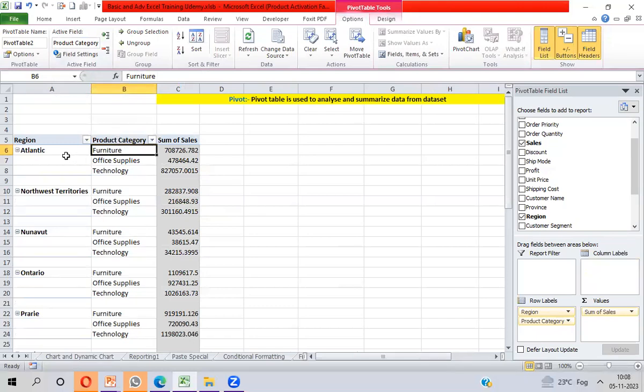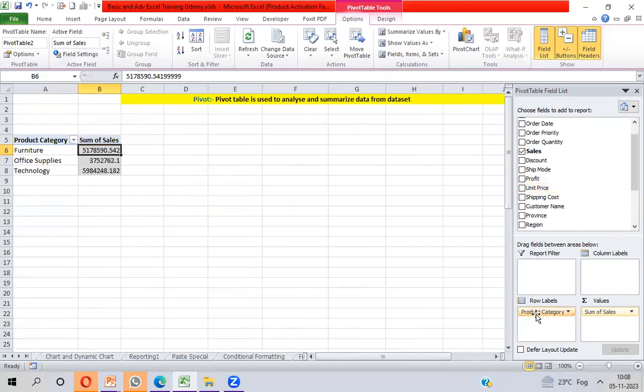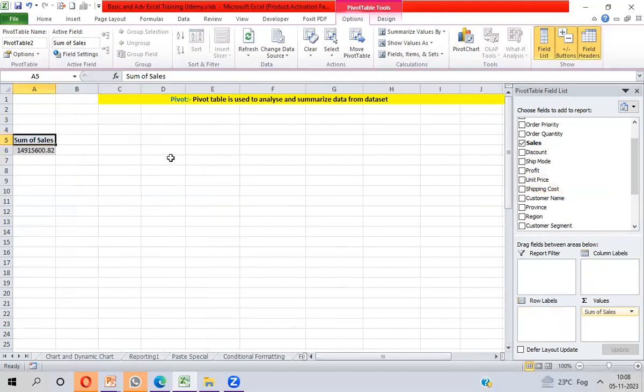If I want to show a group, I cannot make a group here, so you have to take a date column. So I'm just removing the region and the product category. The group part I will cover in the next video. So this is all for this video.